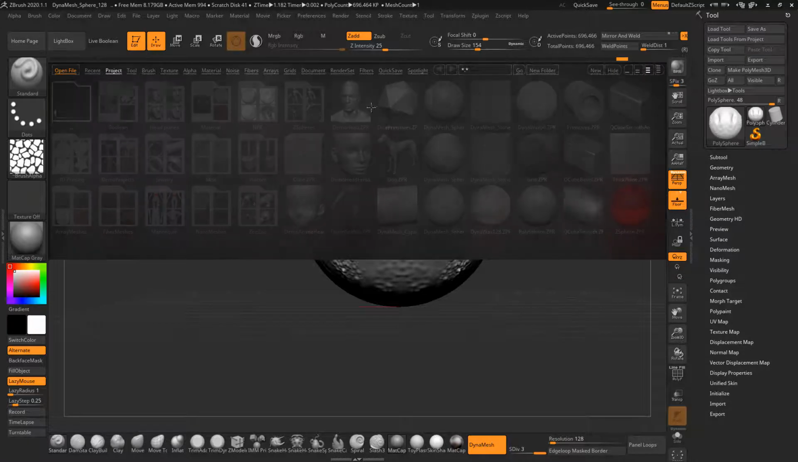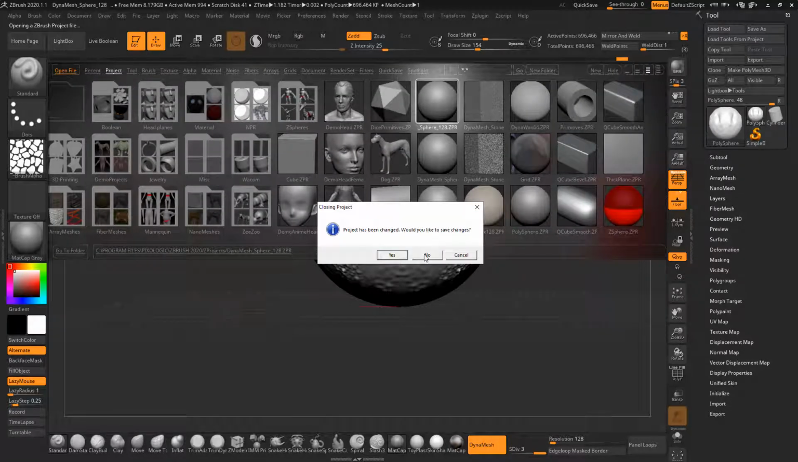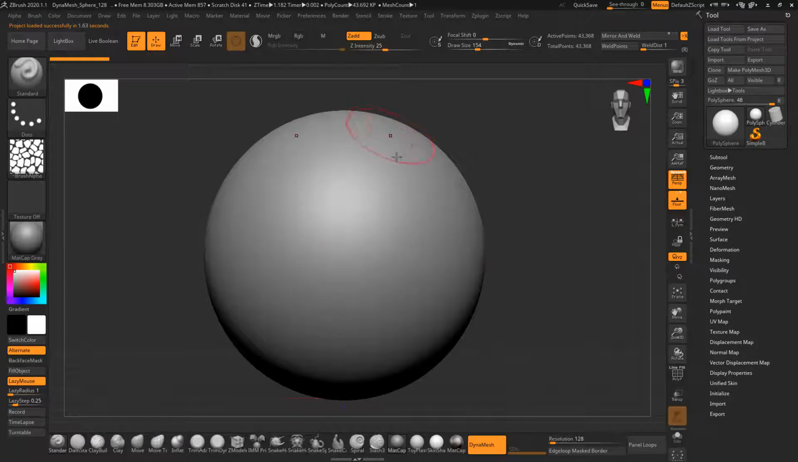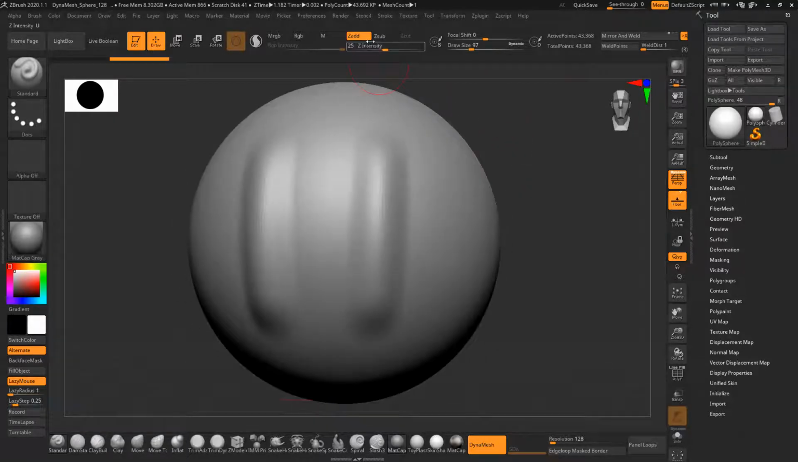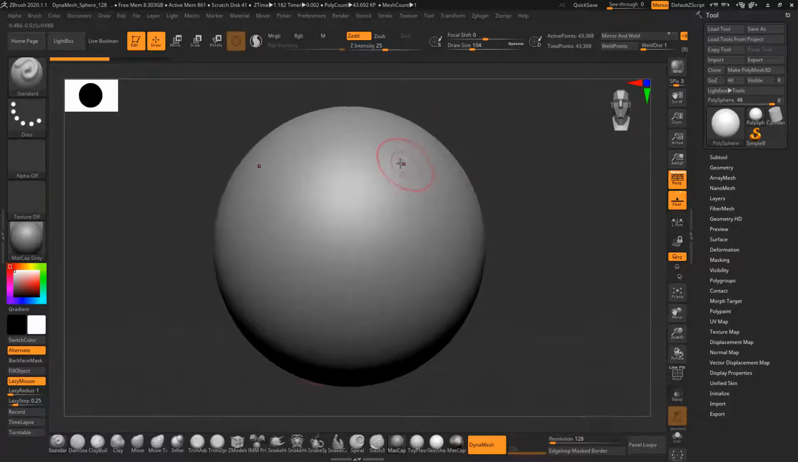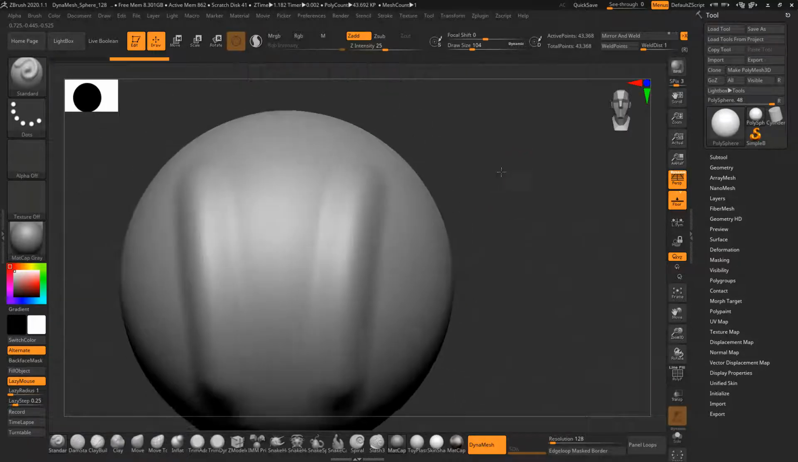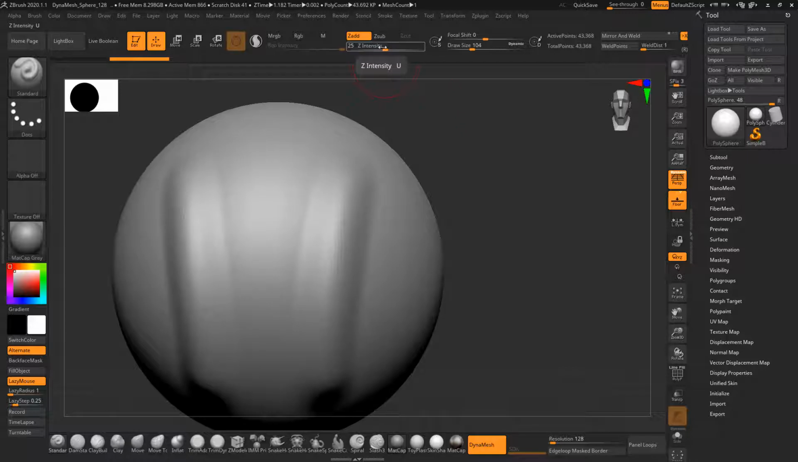Now I will do one thing. I will just change the sphere because I don't want to save the information, and we can start on again. I will just deselect the alpha and come to my standard brush. Now if you notice, this is my brush stroke. Now this is the Z intensity. When I put my brush strokes, it looks quite soft, but when I increase the Z intensity,